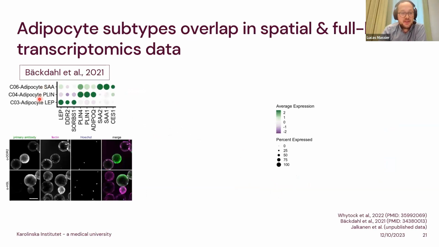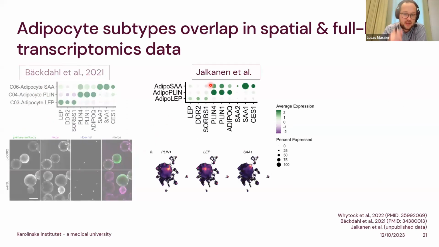in our spatial data, we reported the presence of 3 adipocyte subtypes, which we called AdipoSAA, AdipoPlin, and AdipoLab. And we also did some protein validation of them. And we currently have a new spatial data set, which was